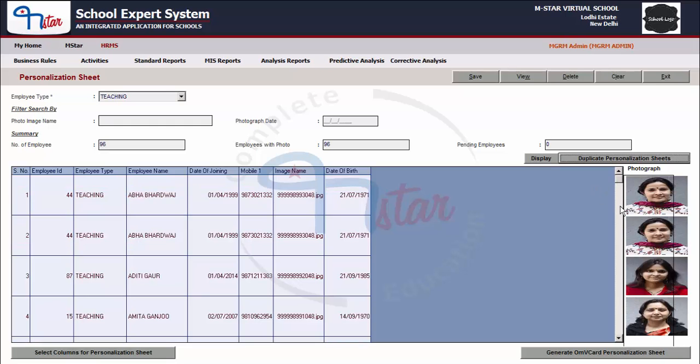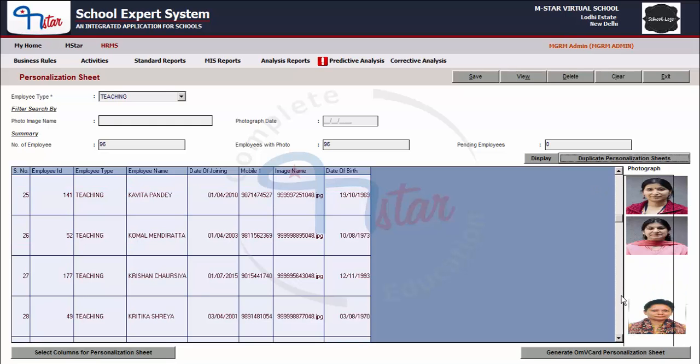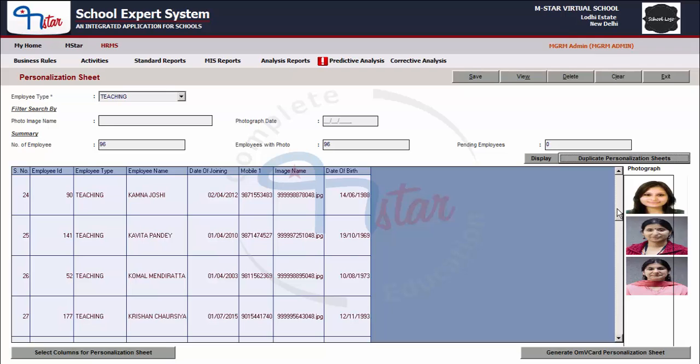As you click, you will see that the list of employees is appearing in the grid along with the photographs. The columns that it is displaying are the default columns that were selected for the sheets generation.